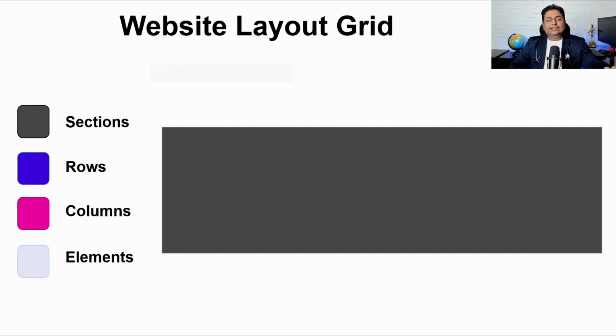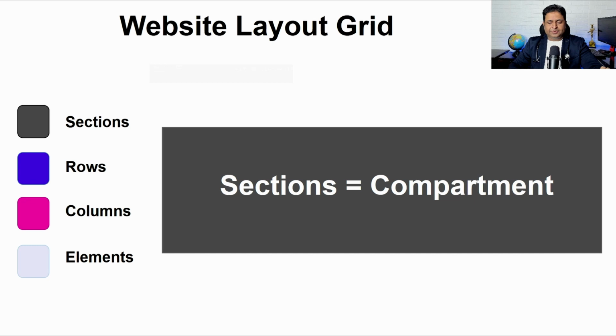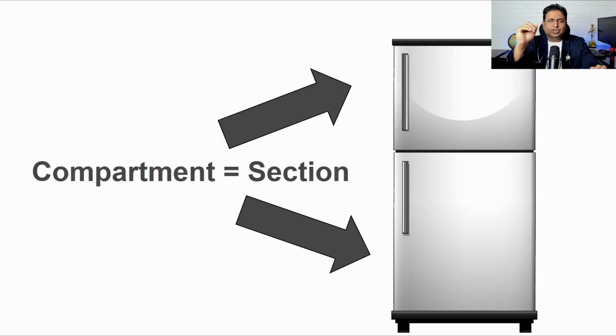Right. First thing is we have a section. The gray thing you can see is the section, which is called a compartment. Okay. Section is equal to compartment. Now, what are sections? So when it comes to